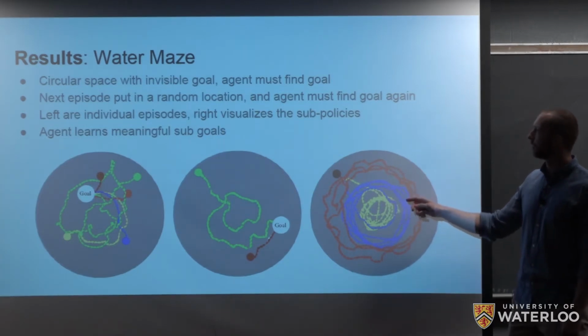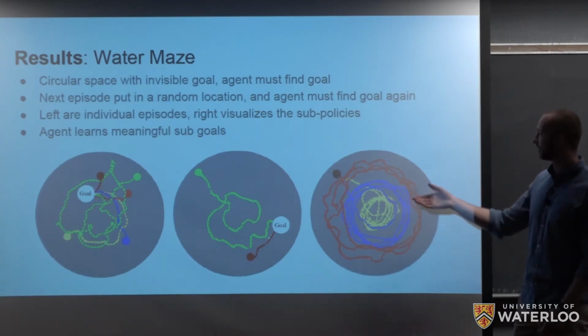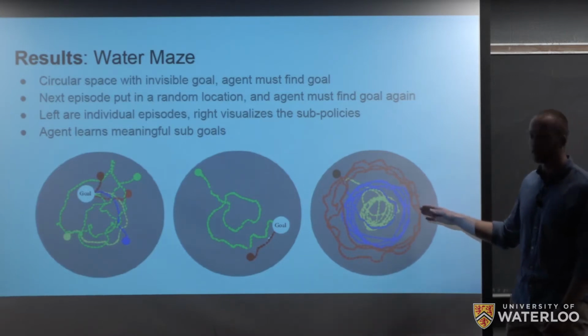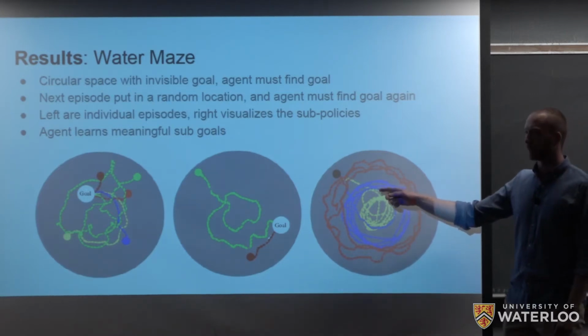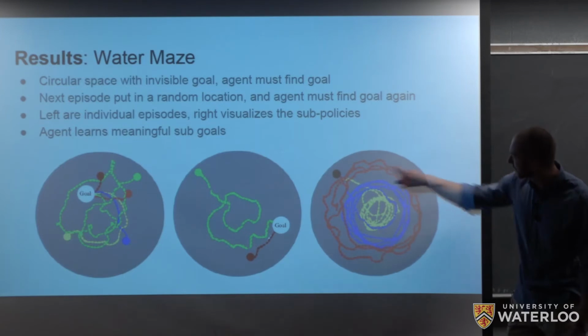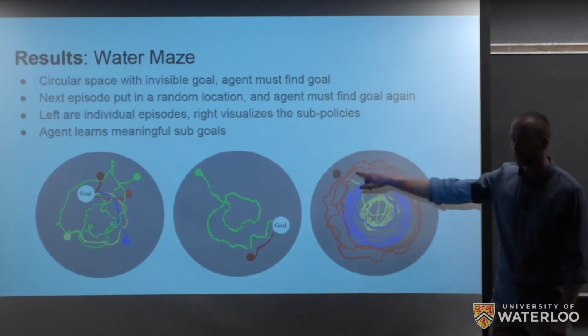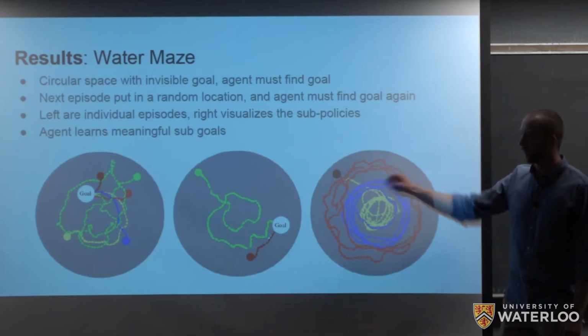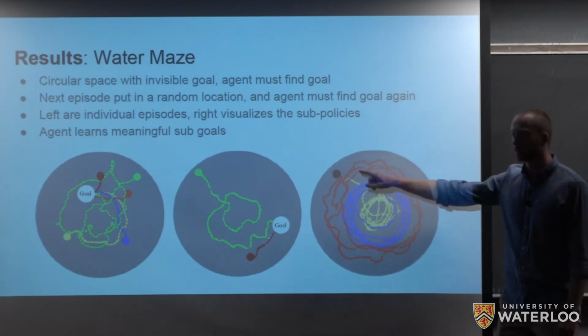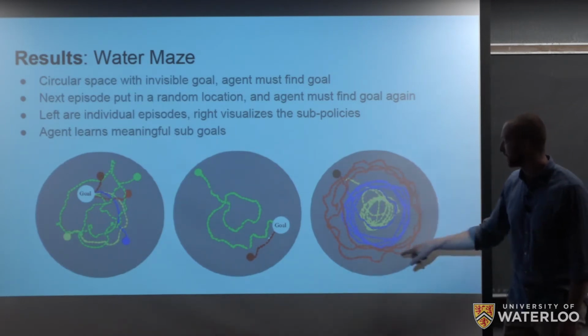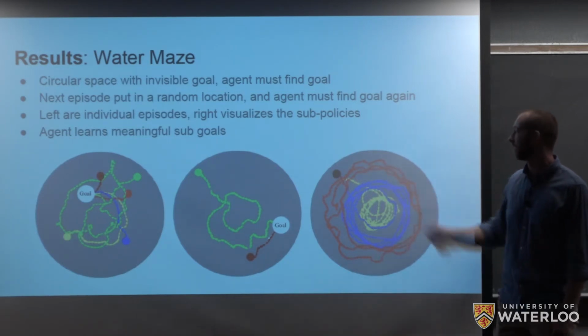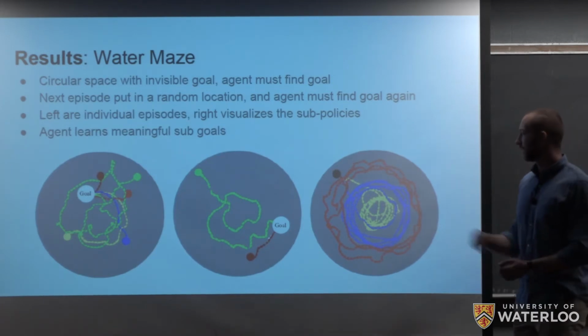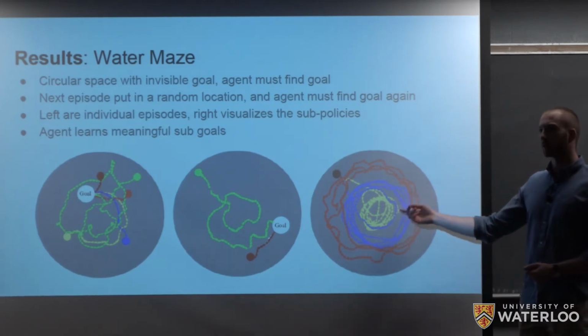on their radius. So in this game, I should have mentioned this, the goal is to find a platform. So your agent is dropped somewhere in this, and it has to navigate to a platform. And so over episodes, we keep the same platform, but the agent gets dropped in different locations and needs to learn to find it. So the idea here is that we see that there's meaningful sub-goals being learned by the